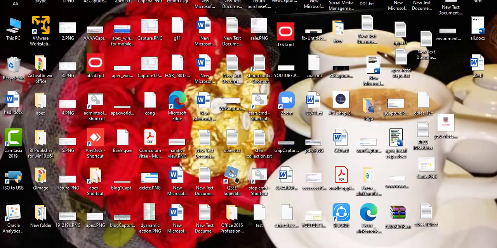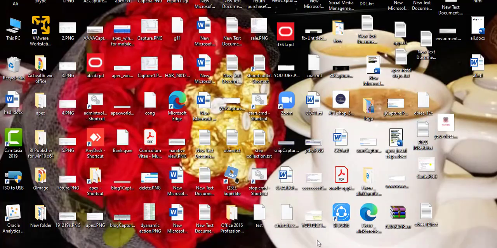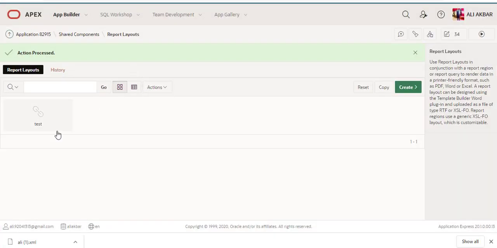Now we are at step 9 covered. Now we are going to provide a layout name and choose the file which we made in MS Word. Now we will upload this RTF in our Apex.